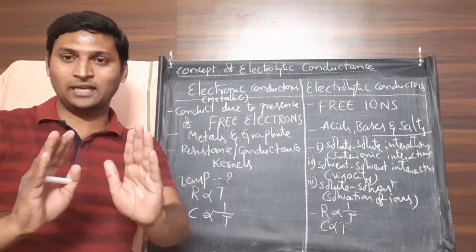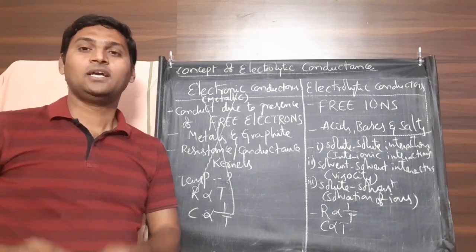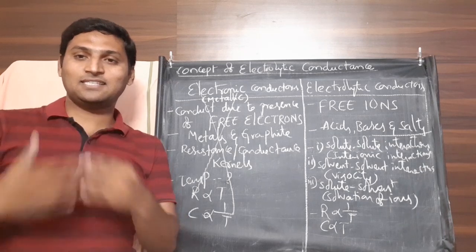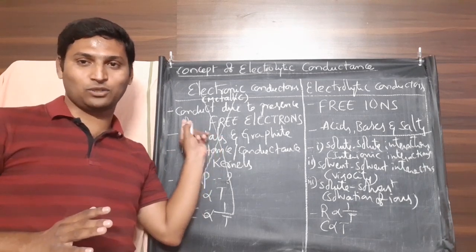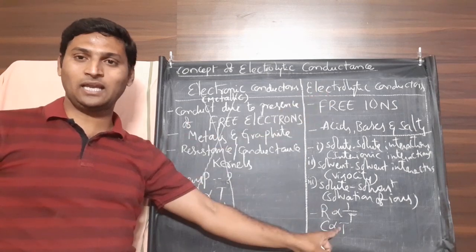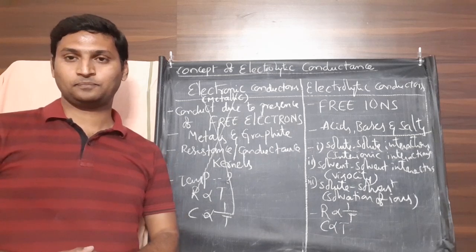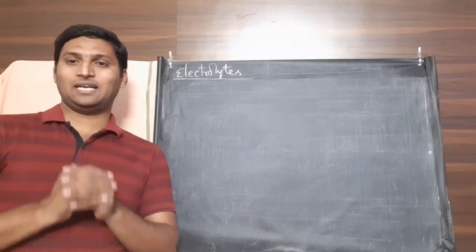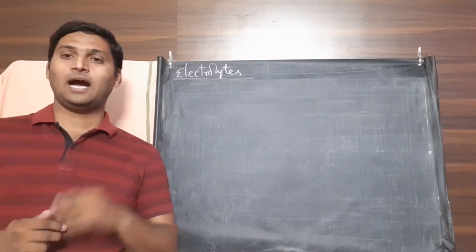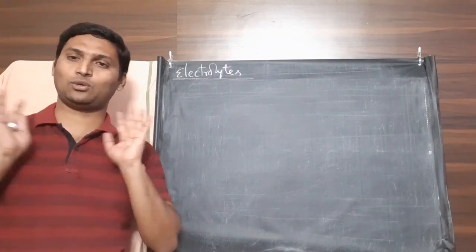Now from this point onwards, we have nothing to do with this part. In your physics, and if you are an electronics student already, extensively in your electronics, you will be talking about this category. But for the rest of this topic, we will be talking about only electrolytic conductors and their properties. After differentiating from electronic conductors, let us know a little more about electrolytic conductors, which can be simply called electrolytes.